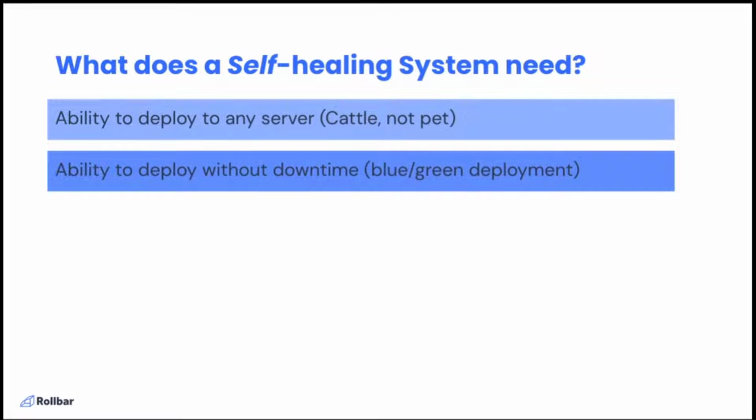The next thing you need to be able to do is to deploy without downtime, as I talked about. And that's typically done through some type of blue-green deployment, where you have a set of servers that have the old version on it and they're running. You take them down, you load up a new set of servers with the new version on it, the blue ones and the green ones. You turn the blue ones off and turn the green ones on at the very same moment so that the new system can start running immediately without any downtime at all. You need to be able to do that. Otherwise, again, the system can't really self-heal if it's going to be down.